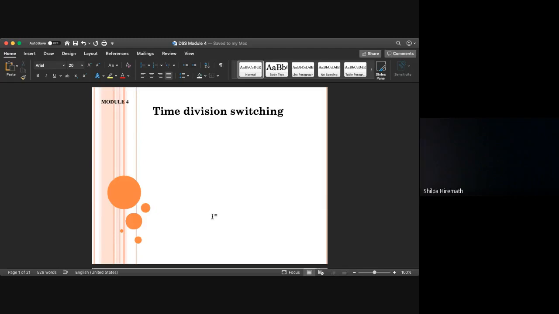Then you will be studying what is a bidirectional path. Later, you will be going with the concept called synchronization, in which you have frame alignment, and also you have various types of synchronization networks. So this entire part is there in this particular time division switching part. That is, in module 4 you're having two parts, time division switching and one more is the software. Yes, in this time division switching you will be studying these concepts.